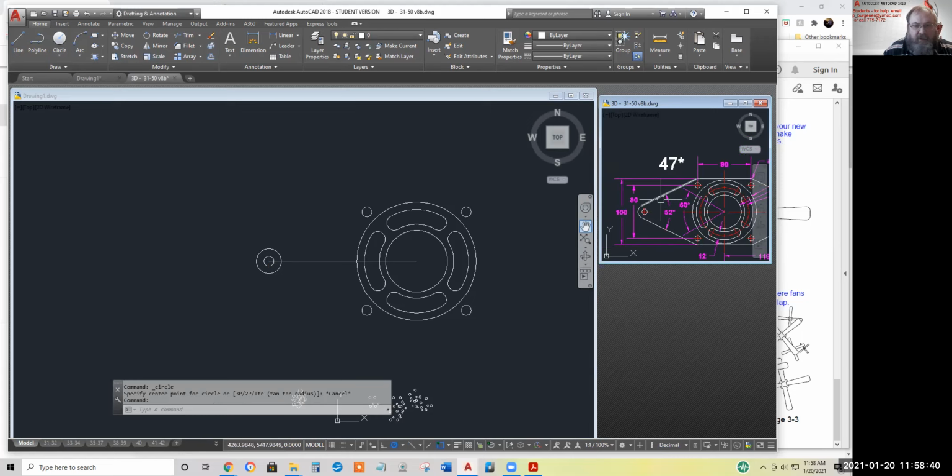Now, how do I get these two diagonal lines? Well, I can add an additional angle to my polar tracking of exactly half of 52. Positive 26 will give me a tracking line in order to draw in this direction. Negative 26 would give me a tracking line to draw in this direction. I think that's how I did it yesterday, but just to demonstrate another new command, I'm gonna